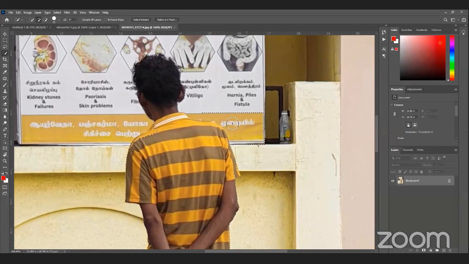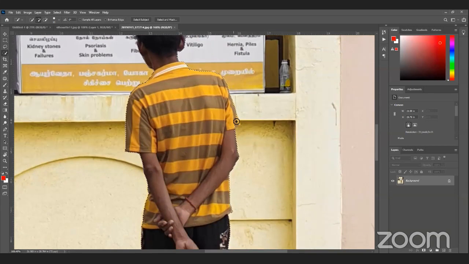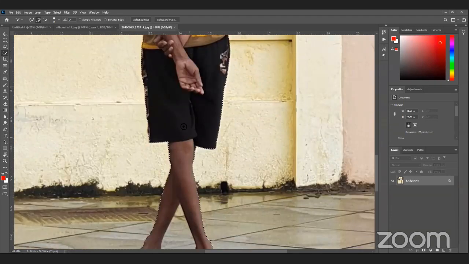And you can see this selection I don't want. So either I can click on this minus icon, or, sorry, hold the Alt key, and you can see I have got a minus icon within the circle on my quick selection tool, and I can minus it out. Still I can see this is not perfect, so I just try to tweak it a little bit on the edges of this image here, and over here also. So we have to make little adjustments accordingly, so that we can get our object out of that.